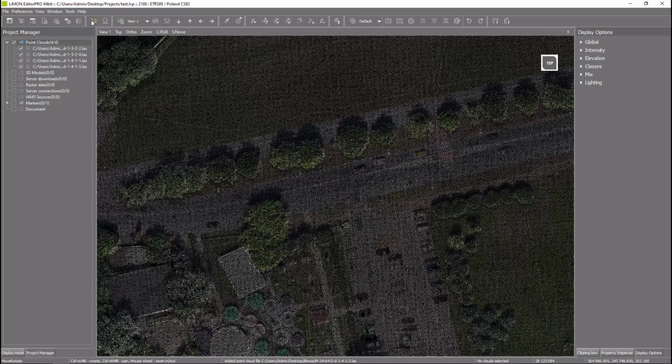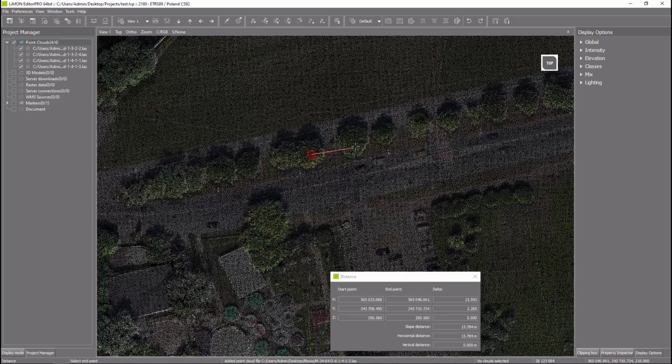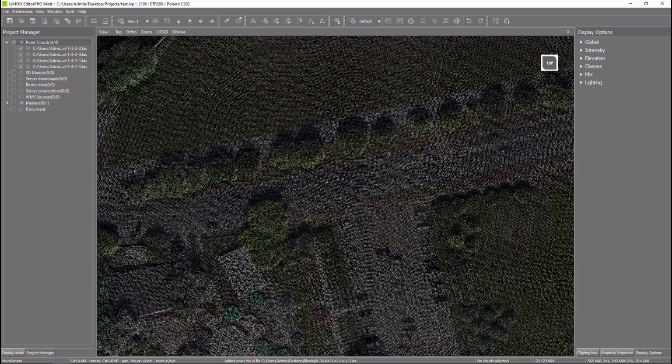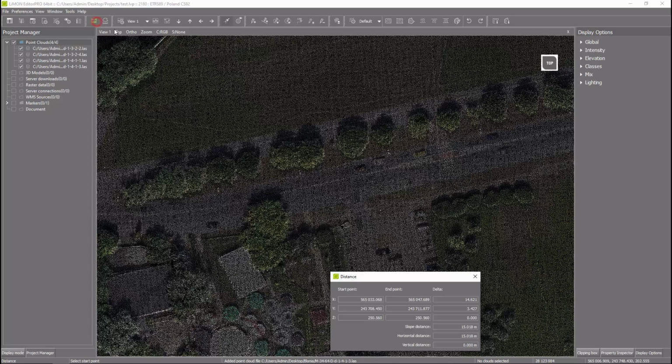It's also possible to take a measurement to catch height differences. Apparently, the vertical difference between the points is 0. In order for the program to calculate the vertical distance, the snap control option must be enabled. In this way, it's possible to reach a specific point in the cloud during measurement, which has a defined height